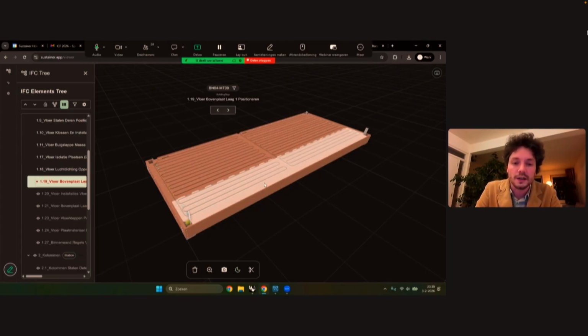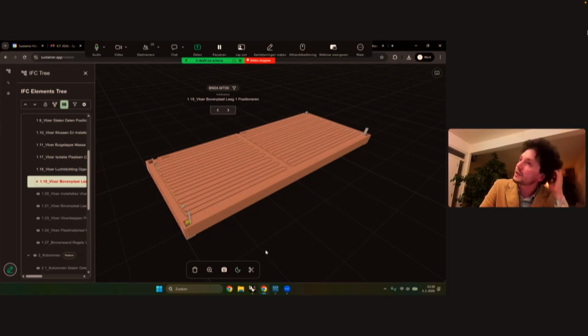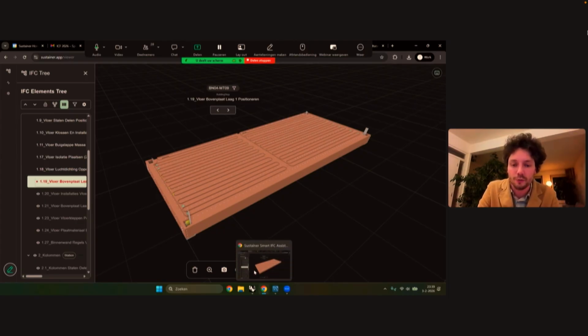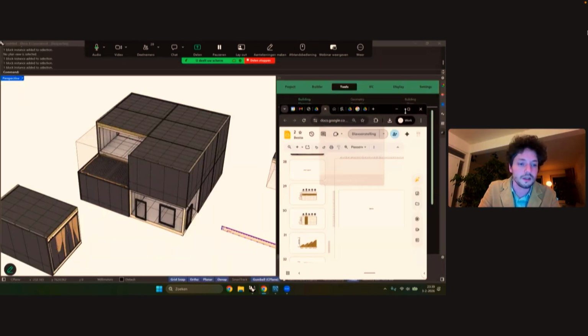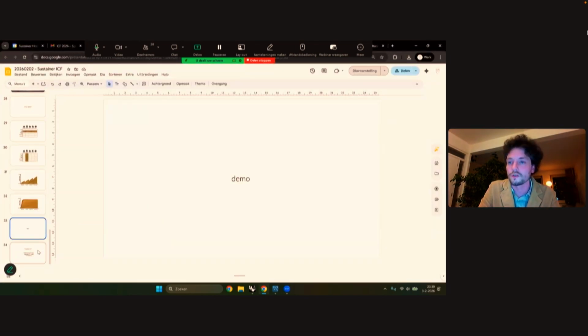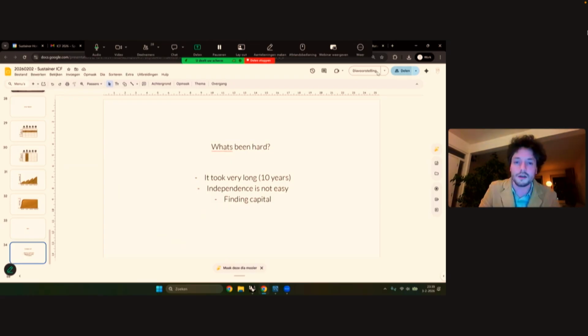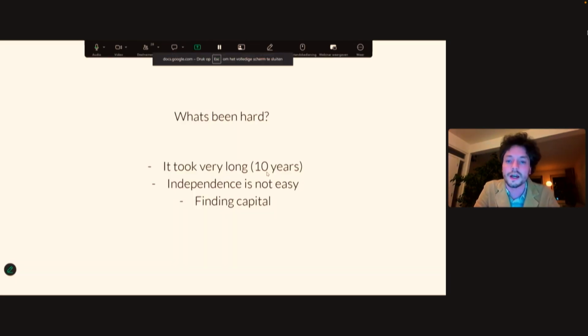With that, we make a large variety of buildings. It's all kind of in progress, and because of the presentations from before, I've also added a little slide to this presentation where I talk about the things that didn't really go well. But of course, there have been a lot of struggles to get here. We've done this fully independently with a team of about 25 people.